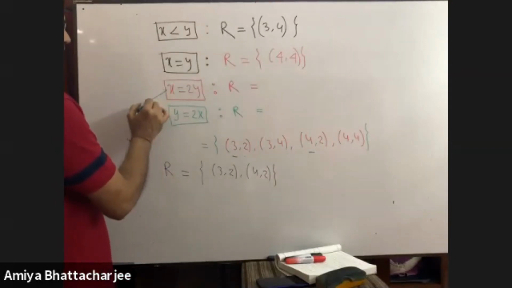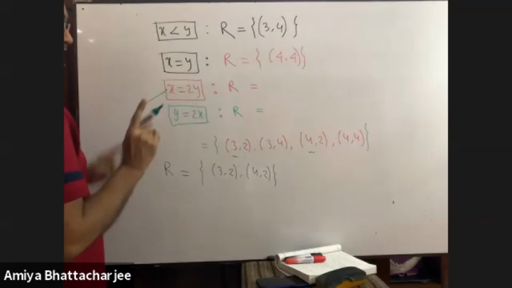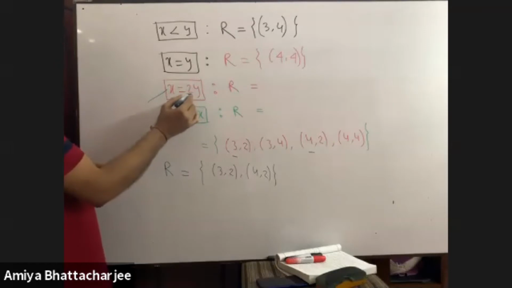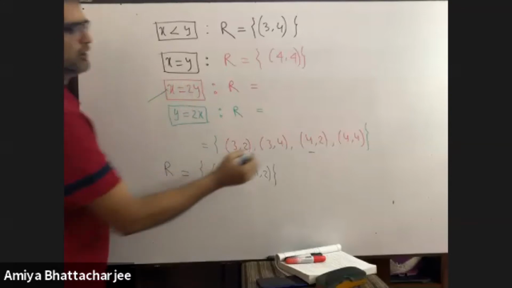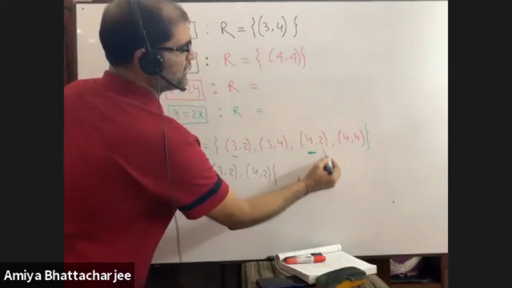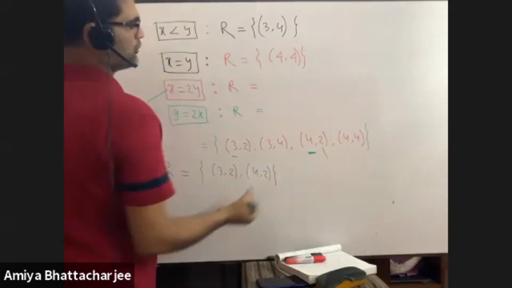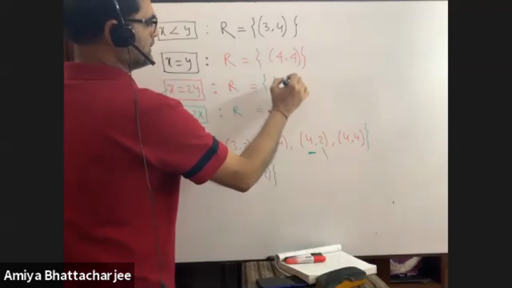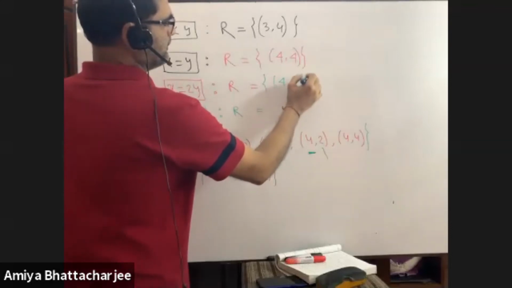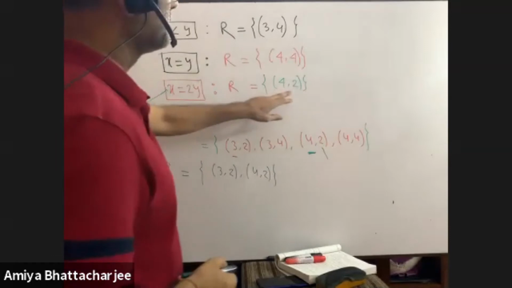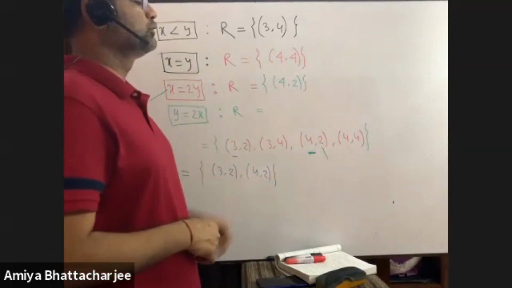the first one is twice the second one. You just have to understand this. X is twice of Y. That is, the first one equals 2 times the second one. If we multiply 2 by 2, then we will get 4. The first one is double the second one. 4 is double of 2.